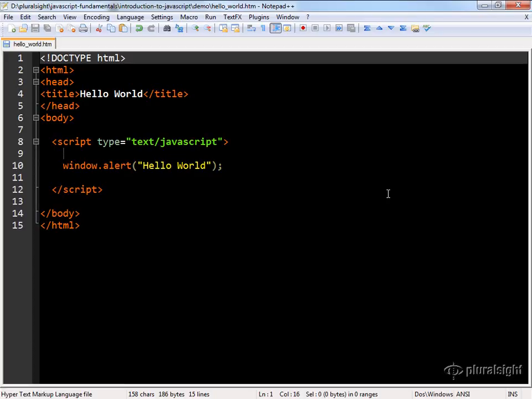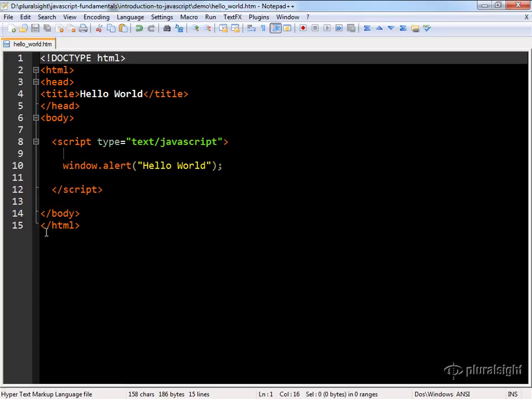One important thing to note looking at this example is that browsers parse the page from top to bottom. So if for some reason the window object wasn't yet available when execution reached this line of JavaScript code, then we would get an error. So it's important to keep that in mind. Often the standard thing to do is define all your JavaScript just before the closing body tag on the page to try to ensure that everything that you need to work with is available. Another strategy is to set up event handlers so your JavaScript code doesn't run until the entire page is finished loading.